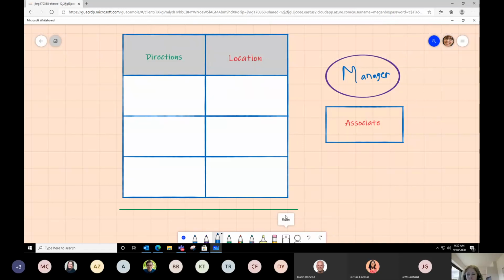Now, another thing that you can also do is select objects all together. And this is another thing that's not new. It's called the lasso select. But right here, for example, I have my manager and my associate that I've drawn, and I would like to select them at the same time. Right now, if I turn this off so that we have it back to non-inking, and I click on one, I can hold down my shift key and try to click on another one, but you'll notice here that it doesn't really do a good job of grouping them together.